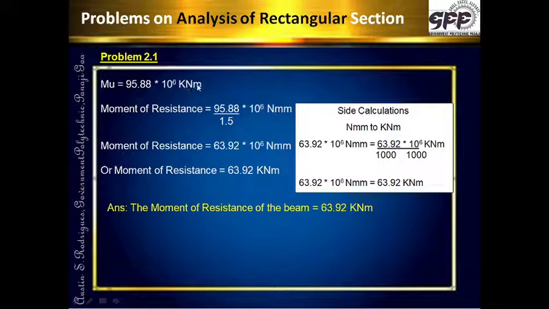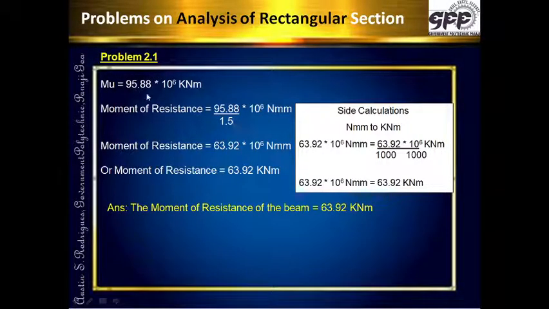As I said, there is a mistake over here. Now moment of resistance, this was the ultimate. Please note, to get the ultimate we had used the load factor. If you remember, the load factor is 1.5 which we are using in limit state of collapse. So from ultimate, to get the moment of resistance we need to divide this by 1.5.